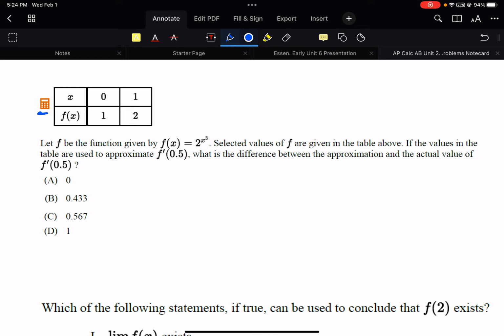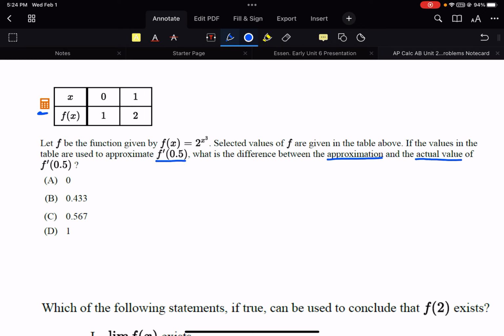And it says, let f be a function given by f of x equals 2 to the x to the third. Selected values of f are given in the table above. If the values in the table are used to approximate f prime of 0.5, what's the difference between the approximation and the actual value? So notice we're going to need to find two values. We're going to need to find the approximation, and we're going to need to find the actual value of the